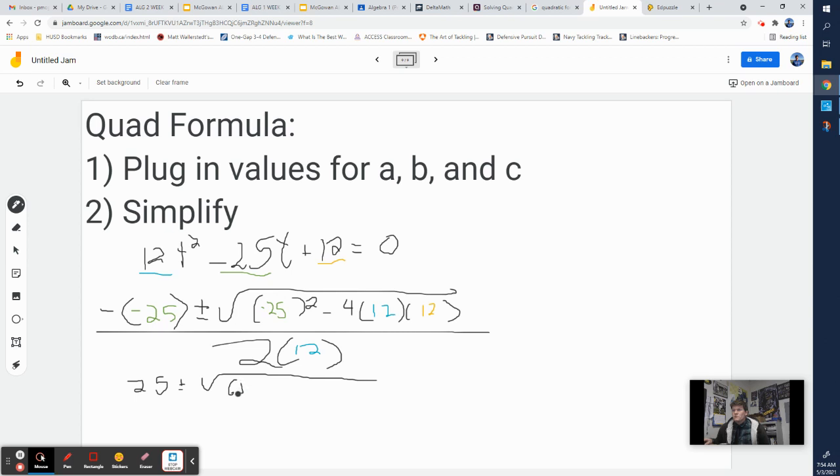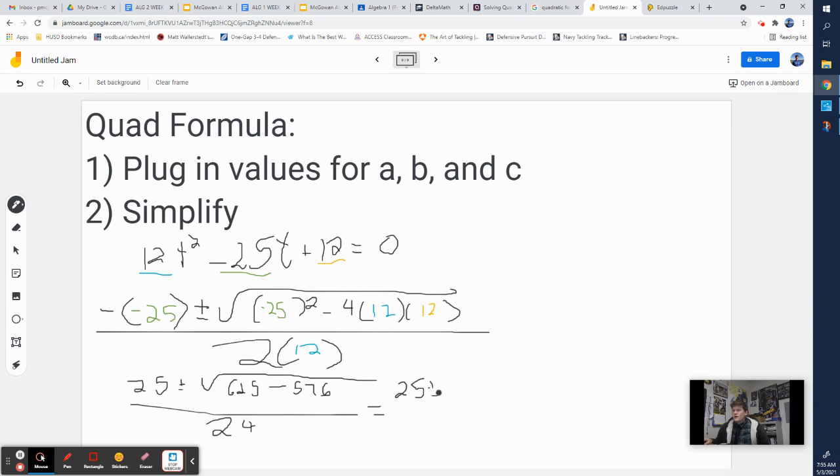So what's 4 times 144? Or 4 times 12 times 12. 576. And that's all divided by 2 times 12, which is just 24. Let's see if we can take this a little further here. I've got 25 plus or minus